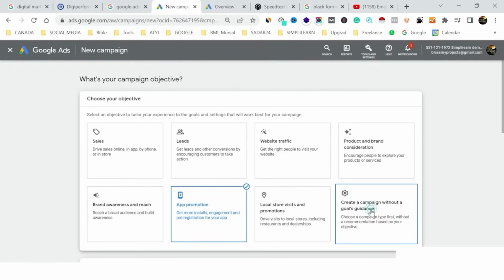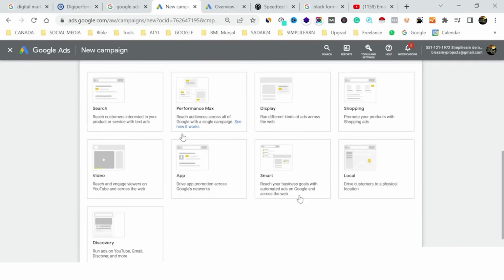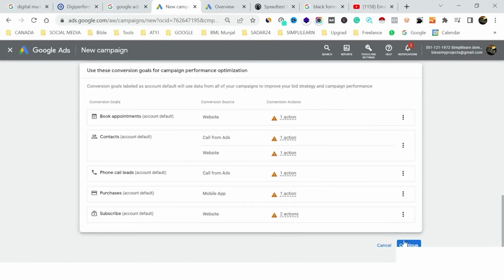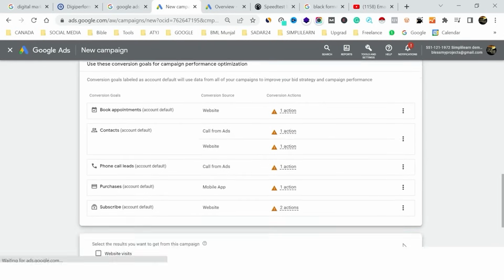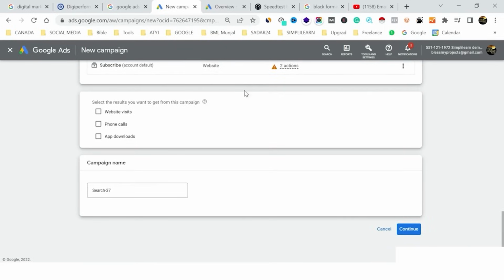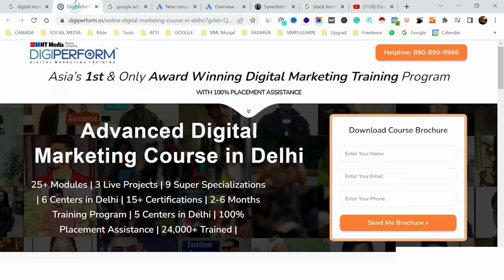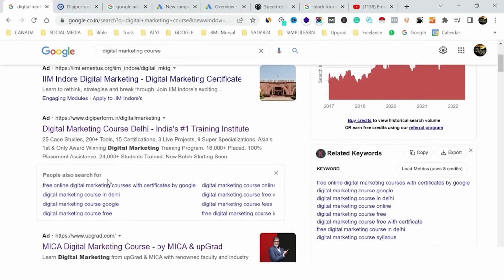So I'm just taking without a goal. Then you click search ads. Our focus is just to create a search ad. You can leave this part right now because your conversions are not being created. We'll do that maybe in a next session when we talk about the advanced settings. And website visit is my premier goal. And suppose I'm running the ad for any of these sites. Probably I'm running the ad for,